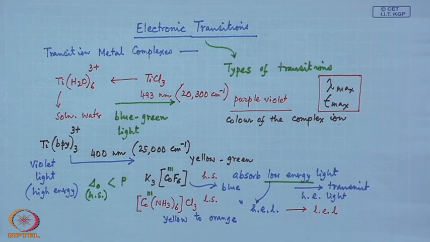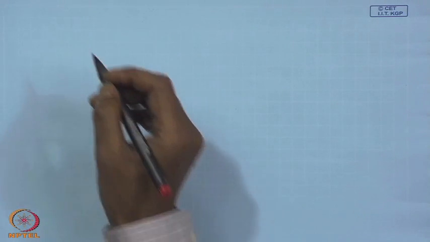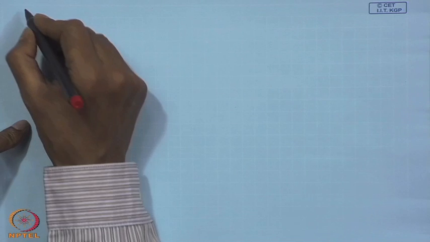So, this is the situation for the high spin compound, and the reverse is therefore, that means delta O for low spin is therefore greater than the pairing energy. So, if we compare these two things, we will find that the delta O of low spin will definitely be greater than delta O of high spin. That means there will be a change in spin states when we change the corresponding delta values, and in terms